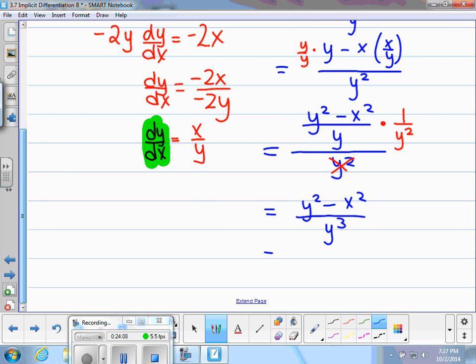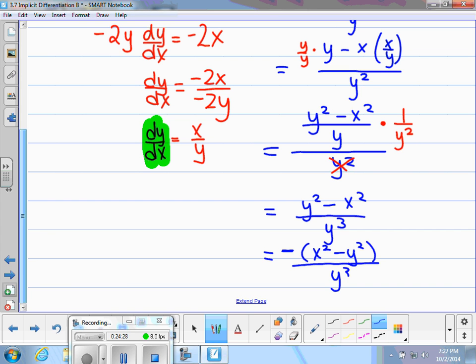Okay, so I'm going to pull out a negative, right? And when you pull out a negative, the y squared becomes negative, and the x squared will become positive. So I'm going to pull out a negative, and I'll write the x squared first. No big deal. Minus y squared